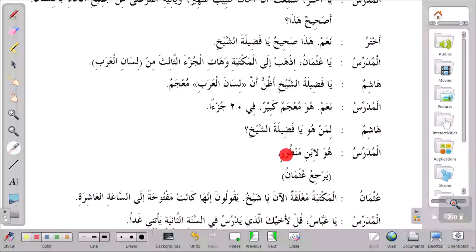Sahih Bukhari, Imam Bukhari is not an Arab. It's something very strange when you hear that. He's not an Arab. Bukhari is not an Arab. But look at Sahih Bukhari. How many people have benefited from it? He learned the Arabic language. They colonized their country, and Arabs colonized their country.